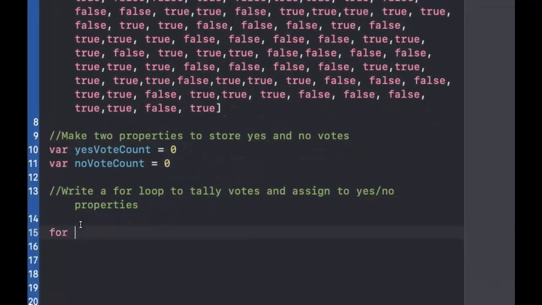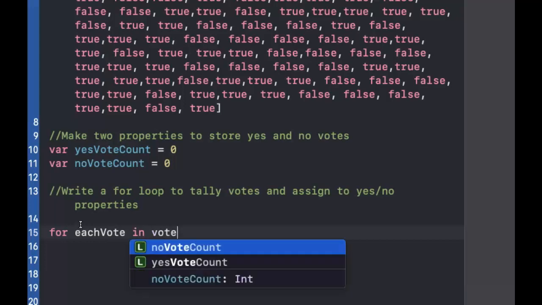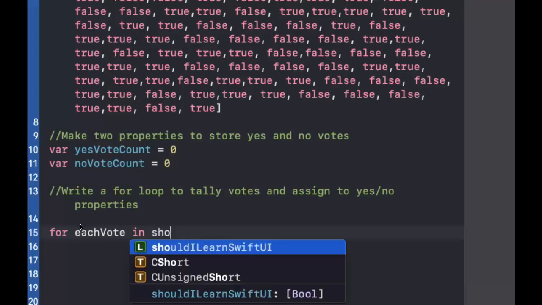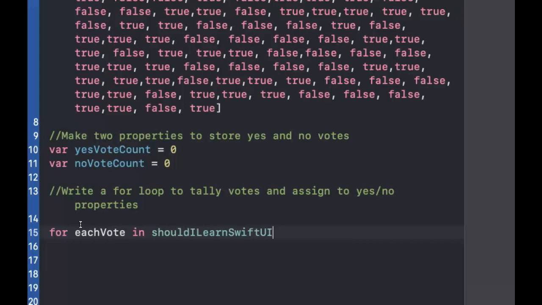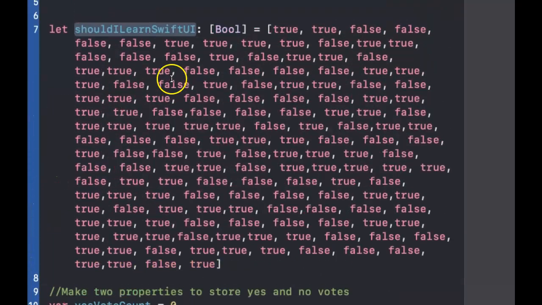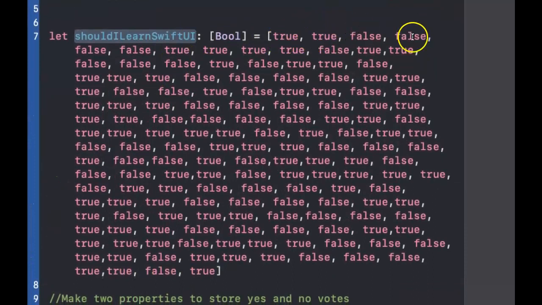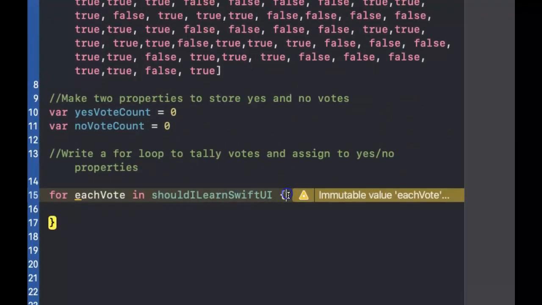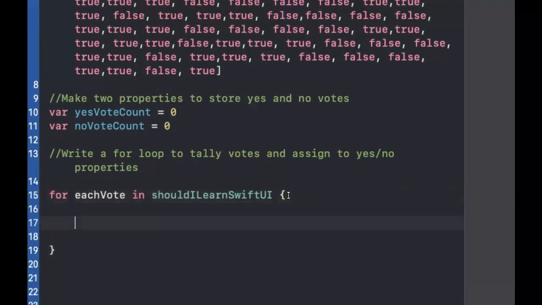So for each vote in, and the votes array is, what do I call it? Should I learn SwiftUI? So this is a general for loop, and it's going to go through each of these items in the array. For each of these items, what do we do? Well, we're going to check each vote. So if each vote is equal to true,